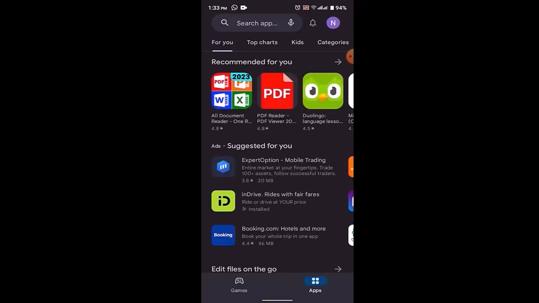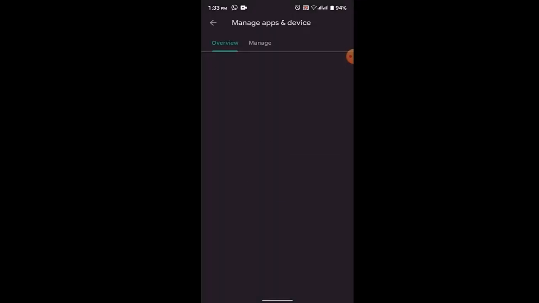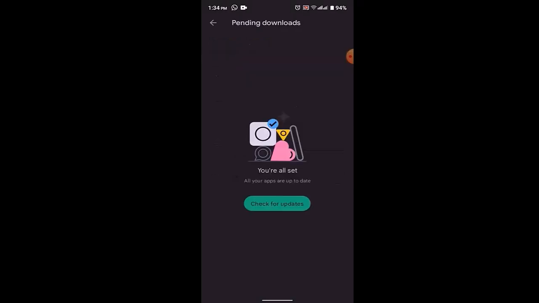Also make sure that you don't have any pending outdated applications. In order to check for it, you need to click on the profile icon once again and click on manage apps and devices. After that, you'll be able to see the option as all apps up to date, and then click on check for update. If you have any pending outdated applications, then you'll be able to see the list right over here. Make sure to update all of the applications, and then you might be able to fix the subscription error in your Google Play Store. So these were the steps on how you can fix your unavailable for subscription error in